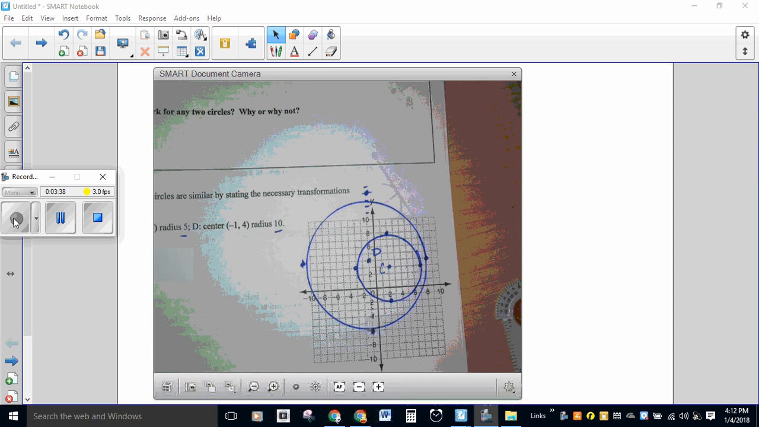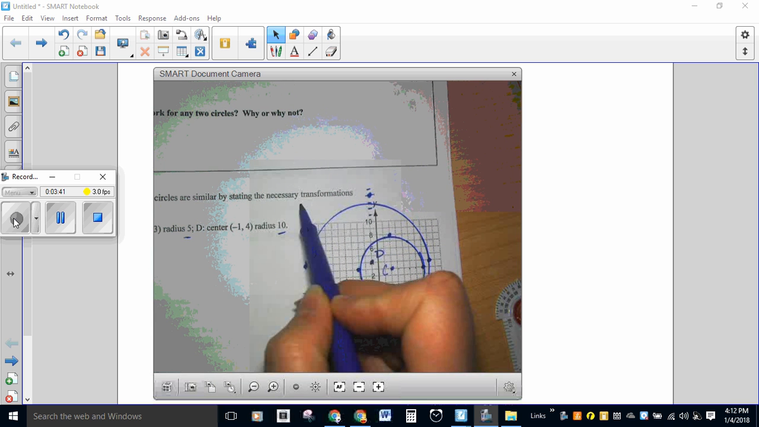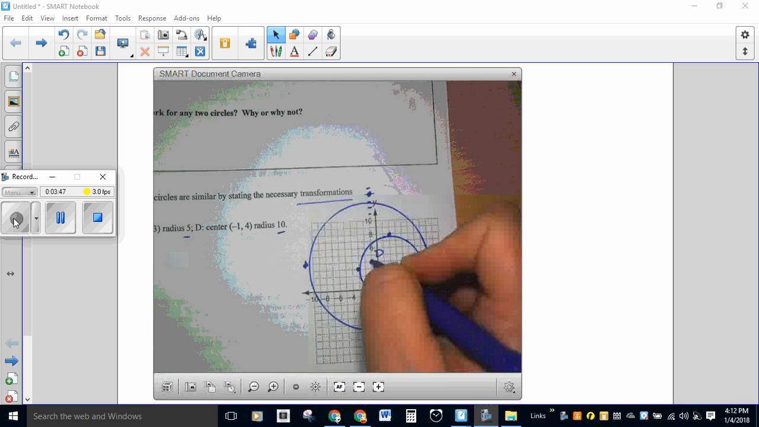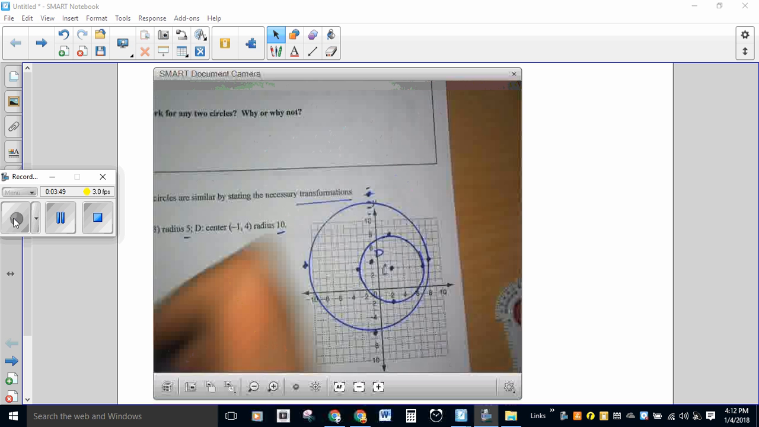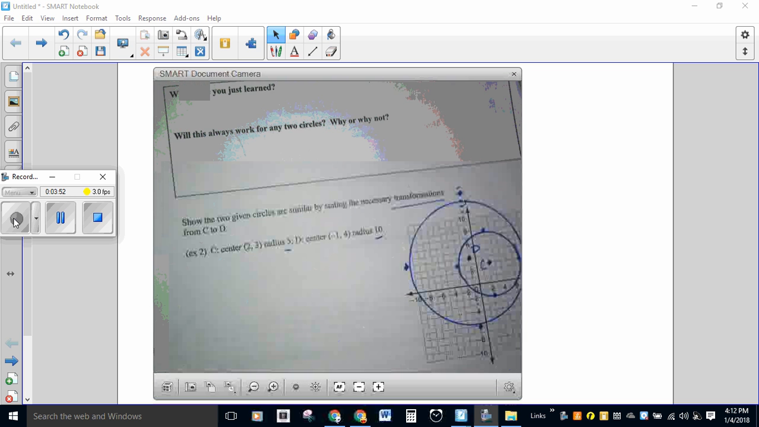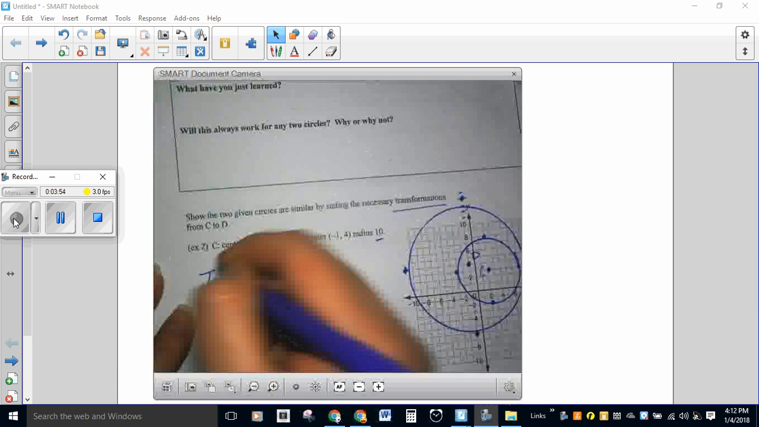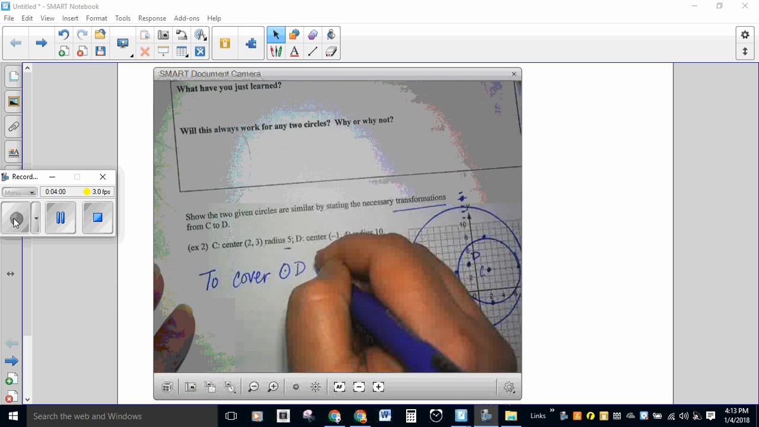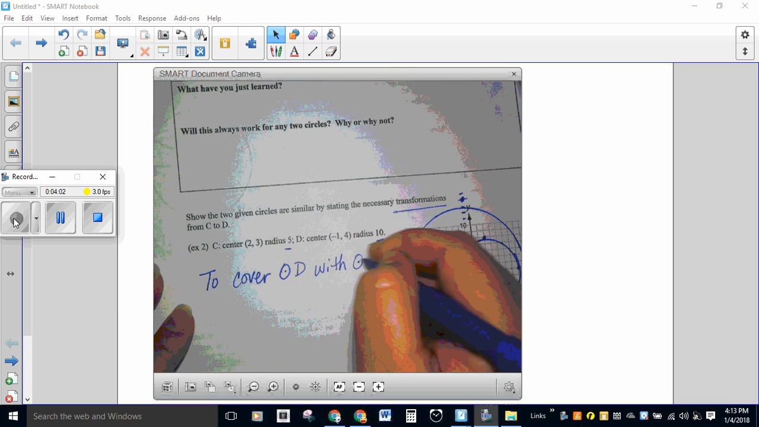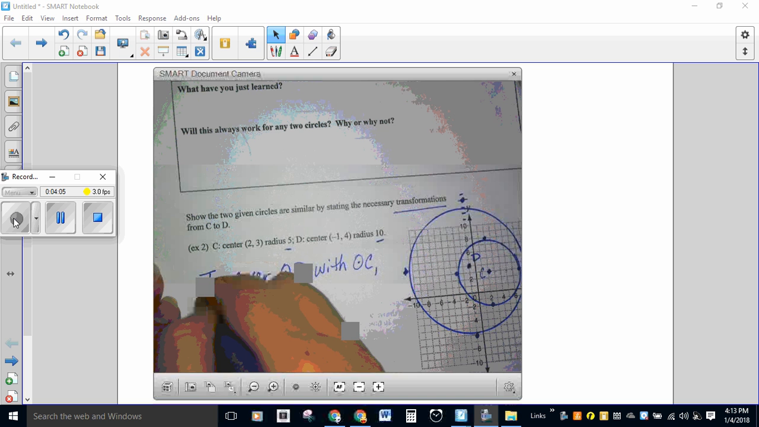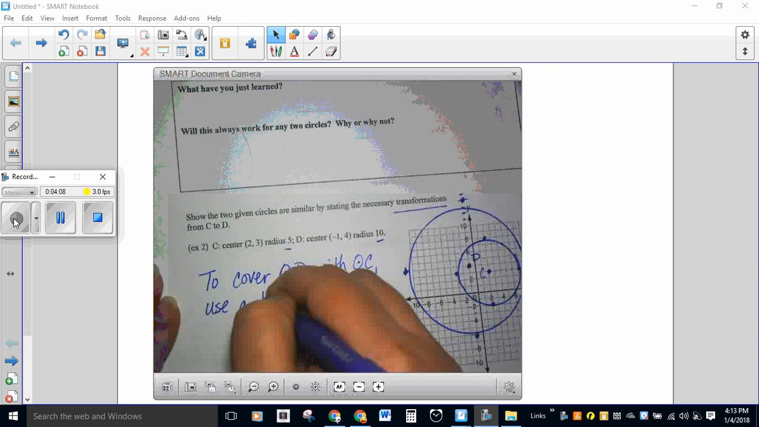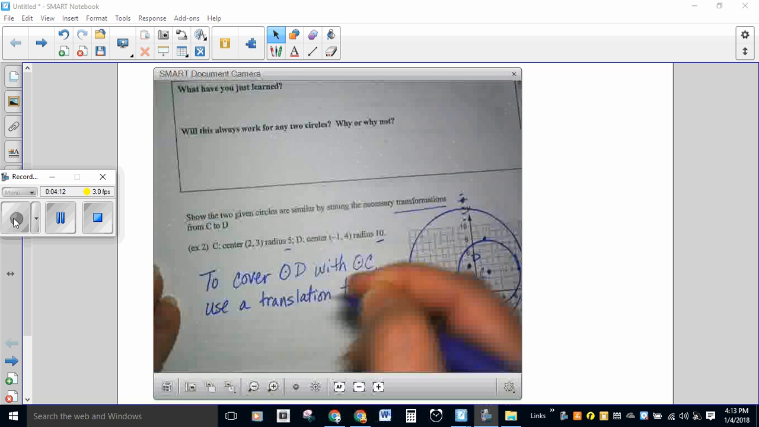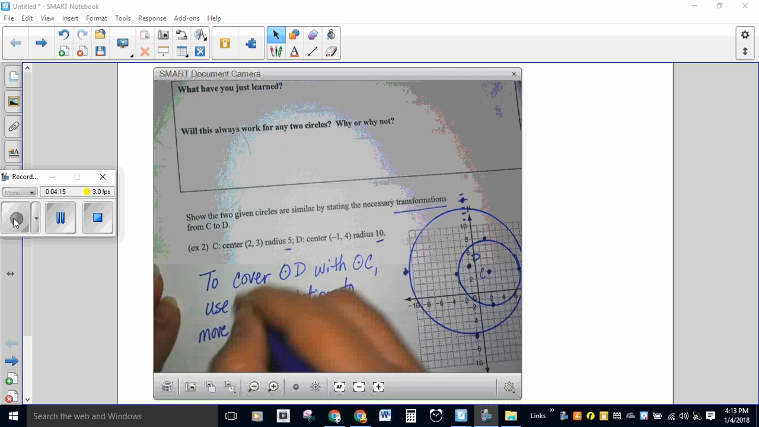Now, it's the transformations part that we need to look at. So like we did today, how can I get from circle C to circle D? This time, I'm going to start with my translation. So I'm going to say, to cover circle D with circle C, use a translation to move circle C